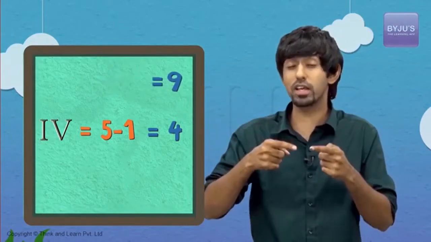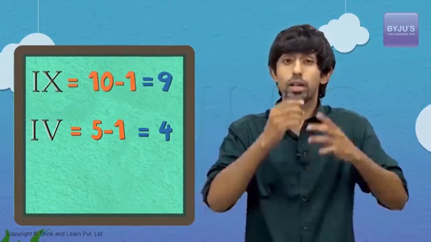Then for 9 we write IX. So you might ask now for 19, should I write IXX? No, because you will say 20 minus 1. No. We use the subtractive thing very, very, very rarely. So we use it for 4. Yeah, you ask where else do we use it? We use it for 9.